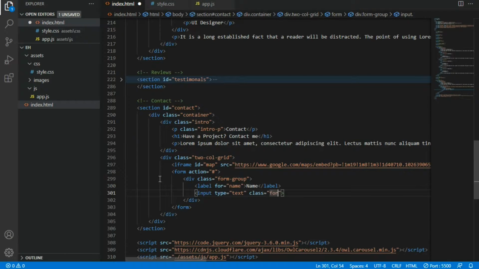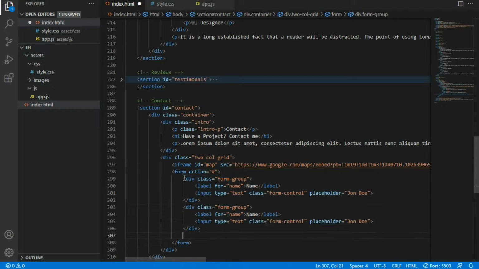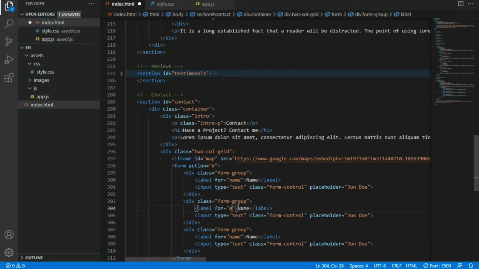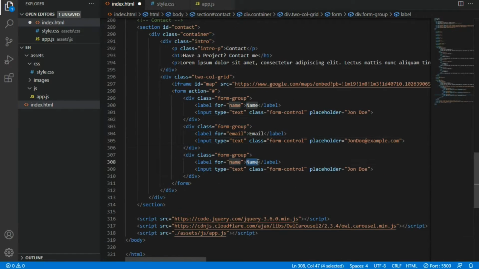I'm going to give a class form control, and the placeholder is going to be your name. So I'm going to type John Doe, and I'm going to duplicate this form group. So this will be for the email, at example.com, and this will be for the subject,